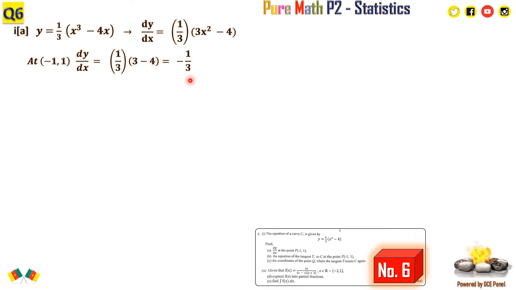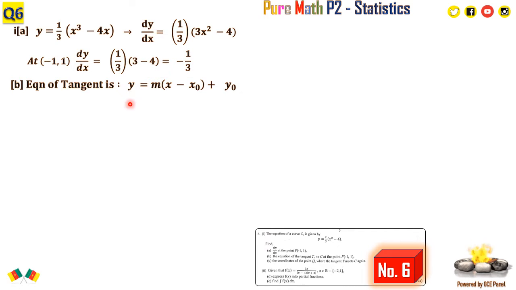Now the B part of the question says we should find the equation of the tangent T to C at the point negative 1, 1. So the equation of the tangent is given by y is equal to m into x minus x0 plus y0. In our case here, they have given us the point x0, y0, which is negative 1, 1. At that point, x is negative 1, y is 1. Now we already have the gradient from the A part, because dy/dx was negative 1 on 3. Now dy/dx at the given point is equal to the gradient of the tangent at that point. So the gradient of the tangent to the curve at this point is negative 1 on 3, which is our